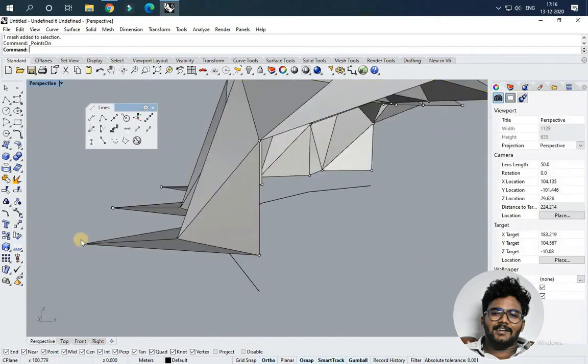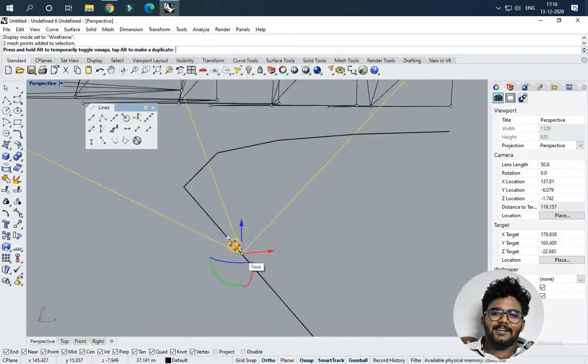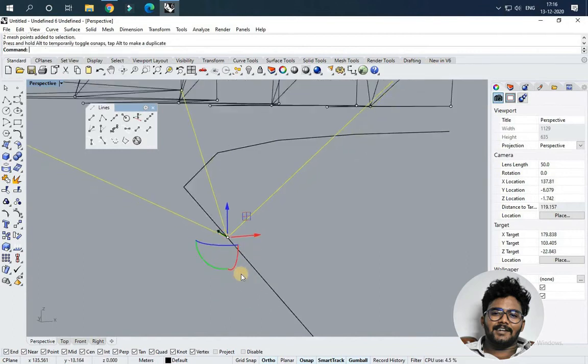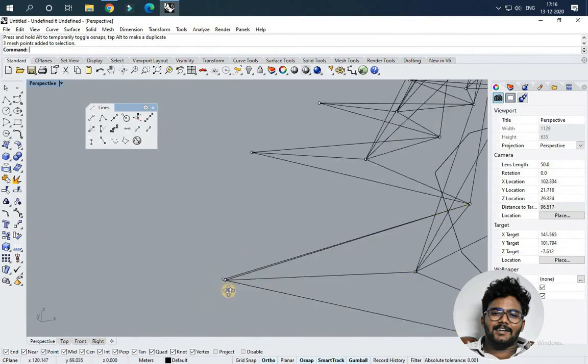So I'm just selecting the point and placing it on the line, so it will be like a bottom. It will be placed at the mid. As I said before, it's like unfolding a paper, like folding and unfolding, the same way. I'm just placing it.